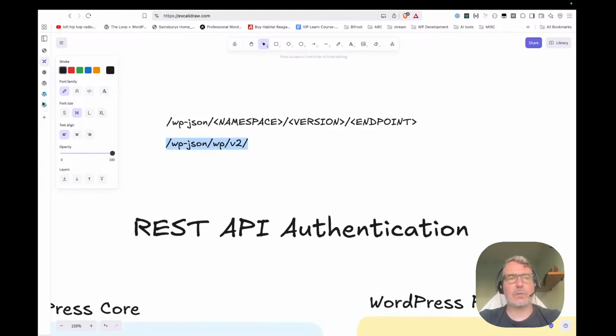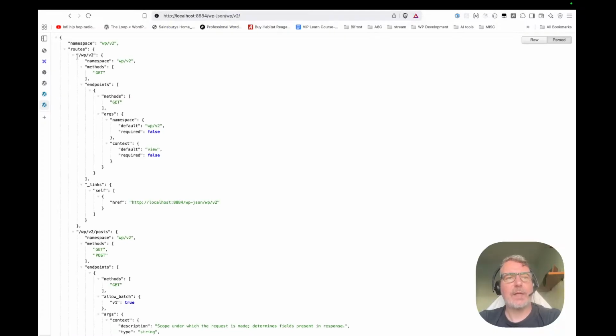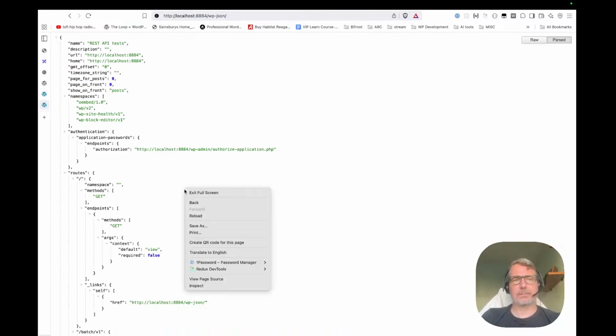So if we go to our site and we do WP v2, here we have all the routes that are available in this specific namespace. Why is this important? Because we can define our own namespaces and we can define our own versions. Okay, so you will probably find, for example, here we can see these different namespaces,